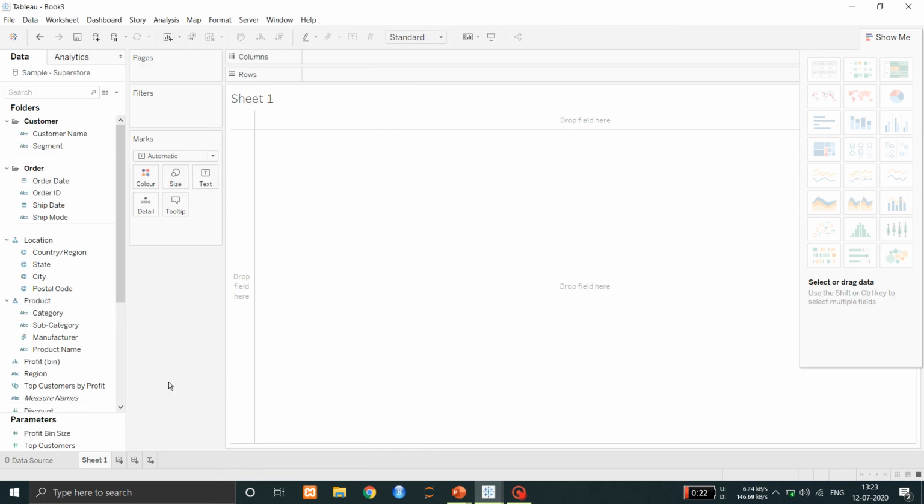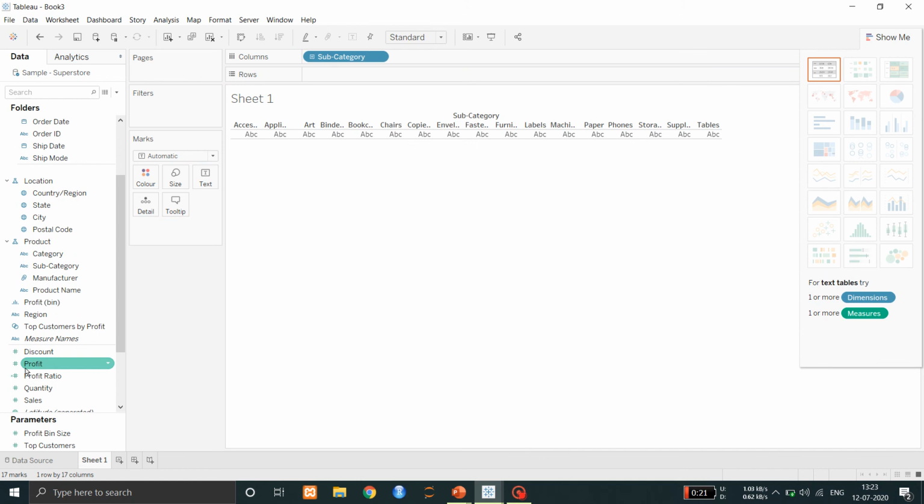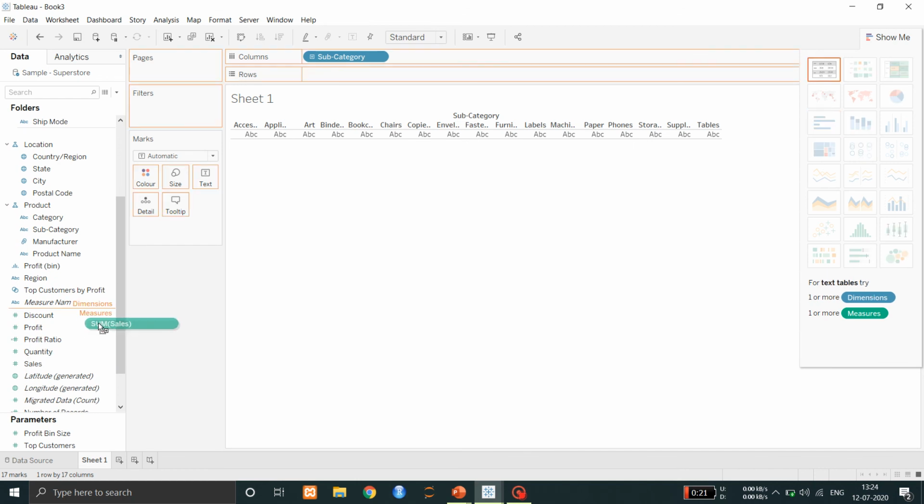Click on this, so the data is loaded. I select the subcategory field and drag it to columns, and I select the sales and drag it to rows.